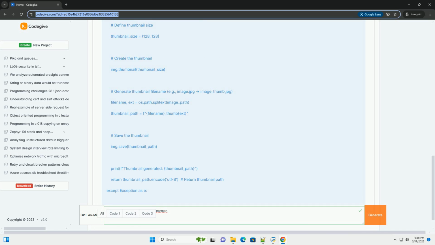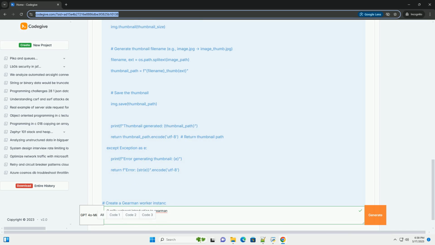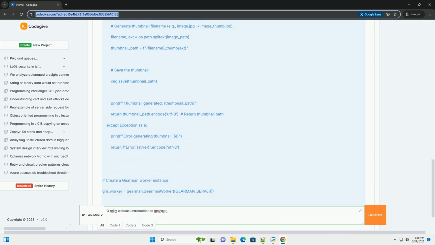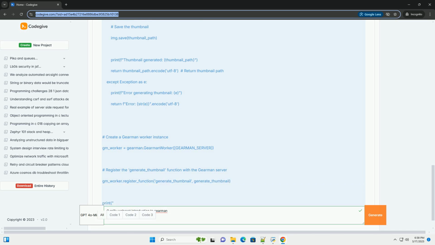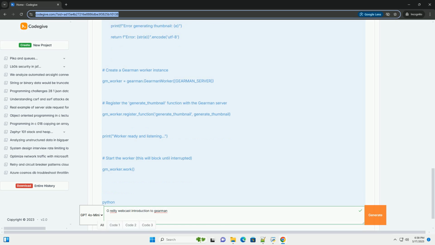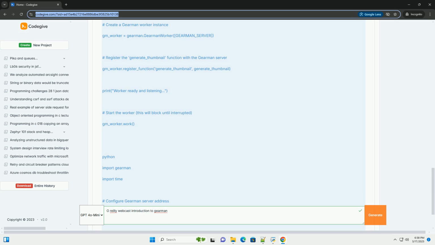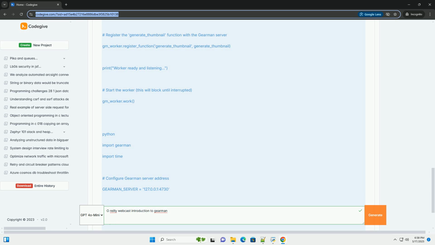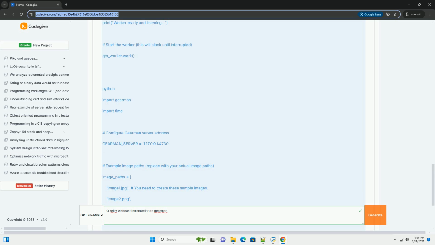What is Gearman? Gearman is a high-performance, language-agnostic system designed for distributing tasks to machines across a network. It allows you to parallelize processing, handle large volumes of work, and even distribute tasks across different programming languages. Think of it as a work queue management system on steroids, optimized for speed and scalability. Key benefits of Gearman: